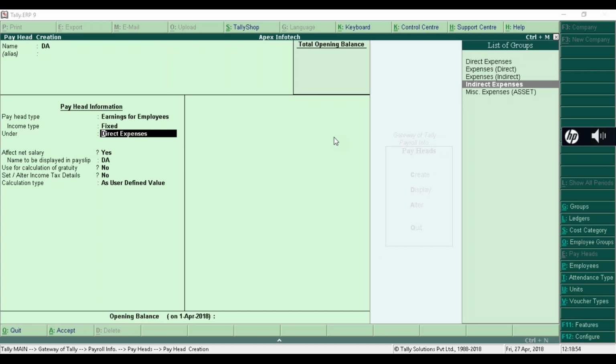DA is dearness allowances, basically the DA applicable in government department. But we can consider that DA is applicable in this company too. That is why we maintain this DA. DA is basically a certain percent of basic salary as per the cost of